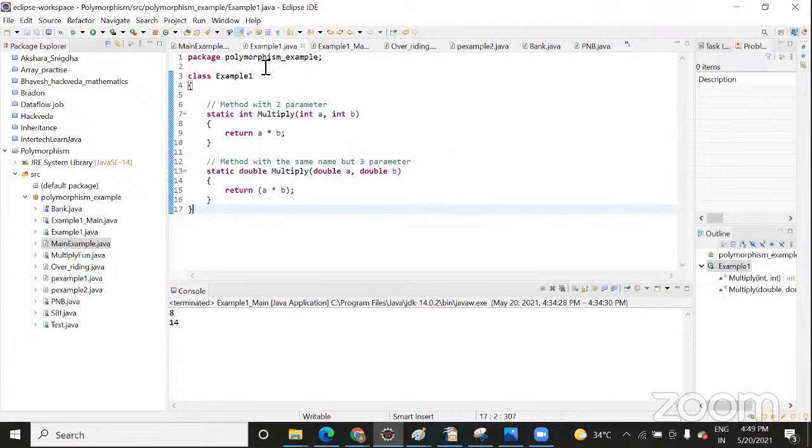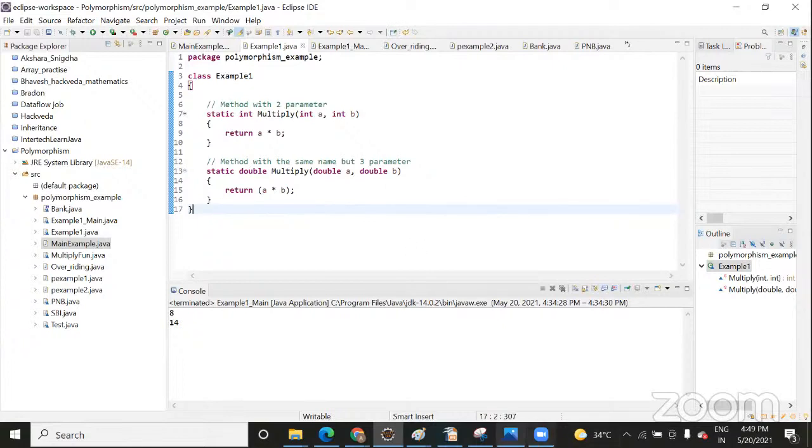Actually, it is the recommended standard practice for developers to use the class name and the program name the same, so that when you clone from GitHub or upload to GitHub, it will be easy for other developers to find it. Just by looking at the class name, they can get an idea what kind of class is present inside it. So that's the reason.